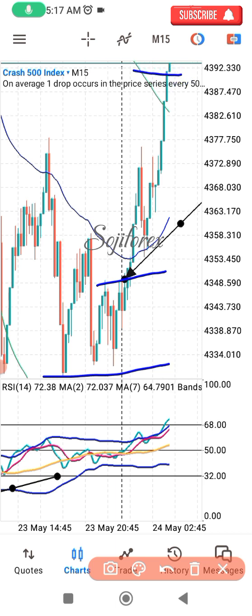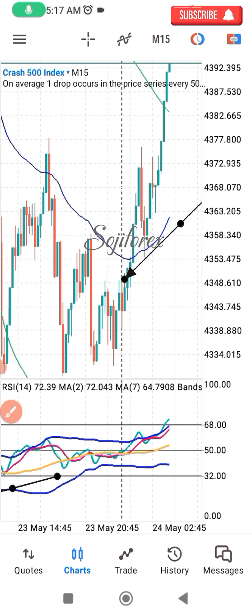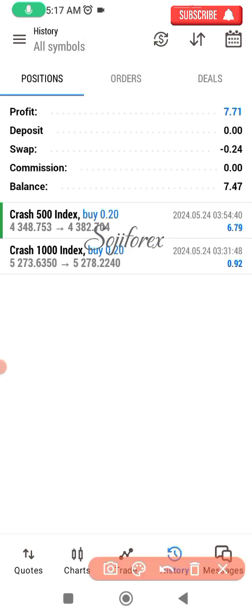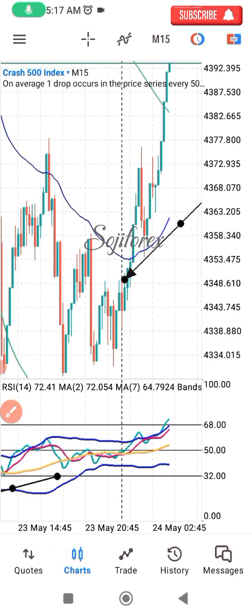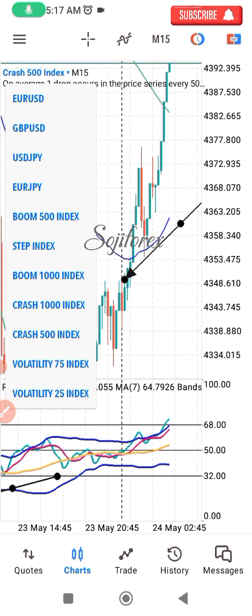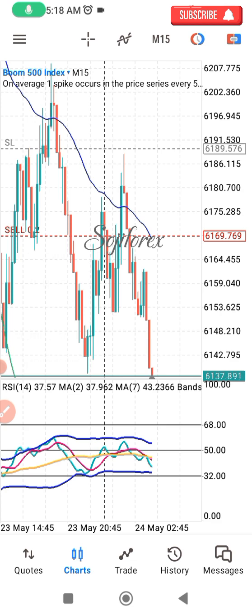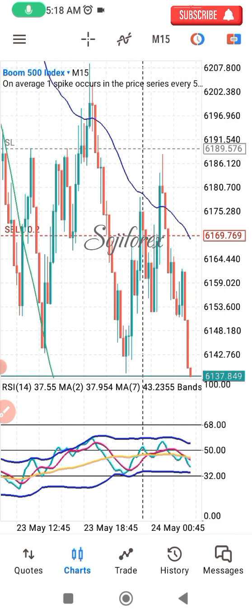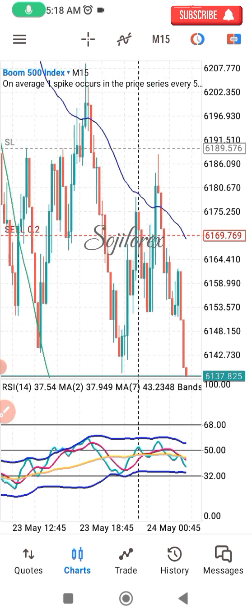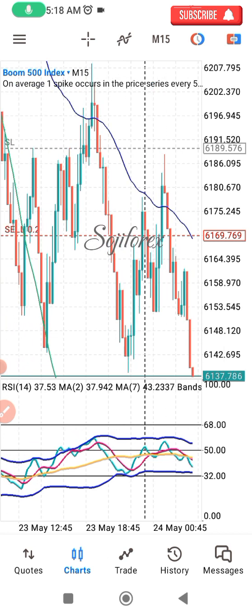I have my TP here, and the price has already hit TP, which is this. So presently I have another running trade on